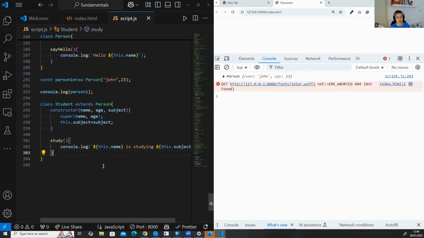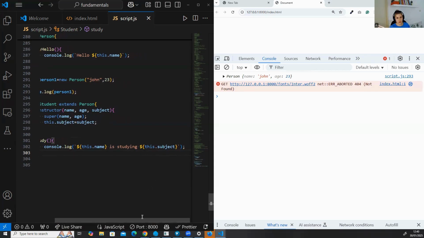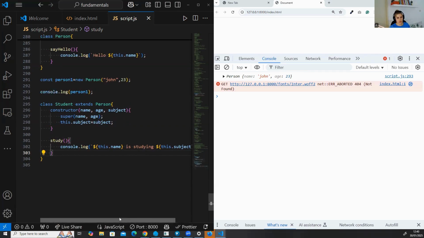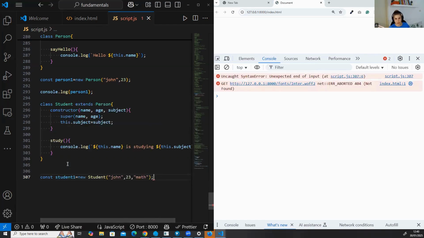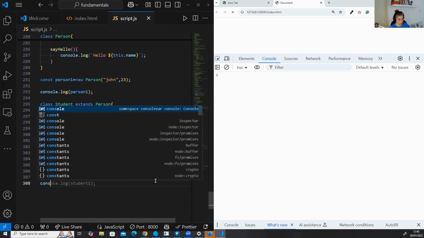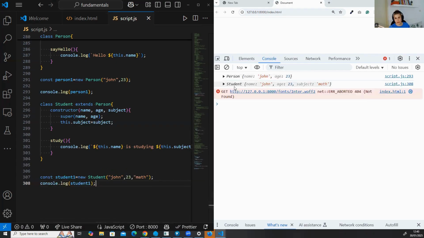And we are just going to console.log, print to the console, the subject she's studying. Okay, that's it. Now let's just create a student object. All we have to do is const student1 and call the class name by the new keyword and pass the data. Now let's console.log student1. There it is, the student